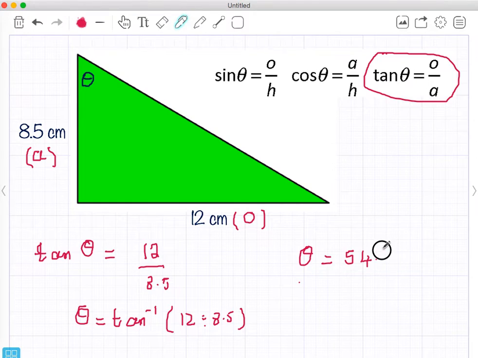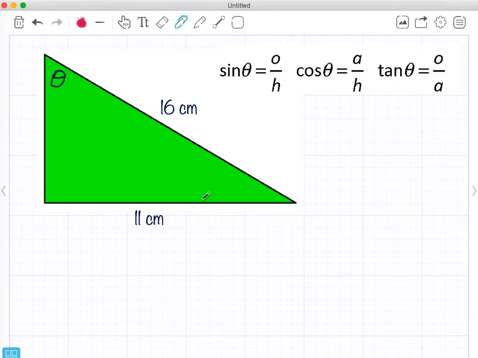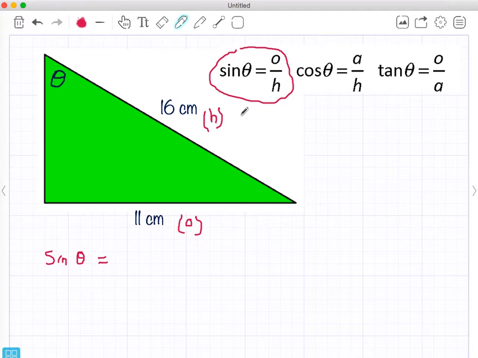And we've got one final one. Again, you can pause it and do it on your own, and it's this one. Okay, this is H, this is O, and let's just go with this one because that's the O and the H, and that's sine. So we have sine theta equals opposite divided by hypotenuse. So we now do theta equals sine to the -1,